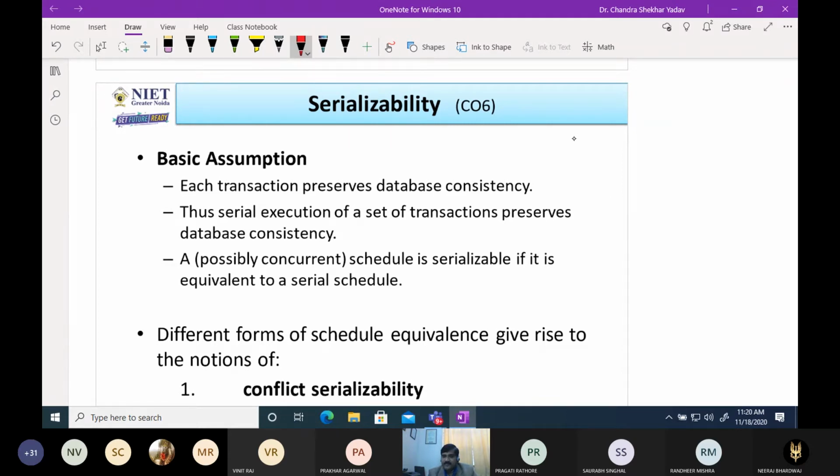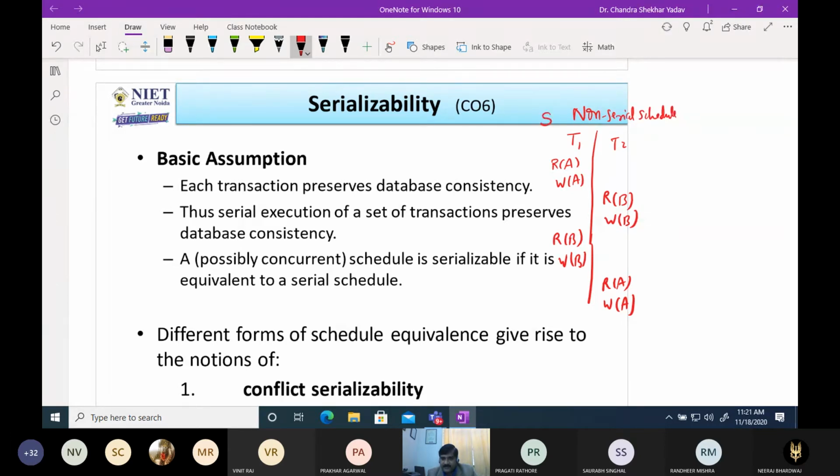जैसे एक नॉन सीरियल शेड्यूल है, T1 T2, and here we write read A, then write A, again read B, write B, then read B, write B, and then read A, write A. This is the non-serial schedule.